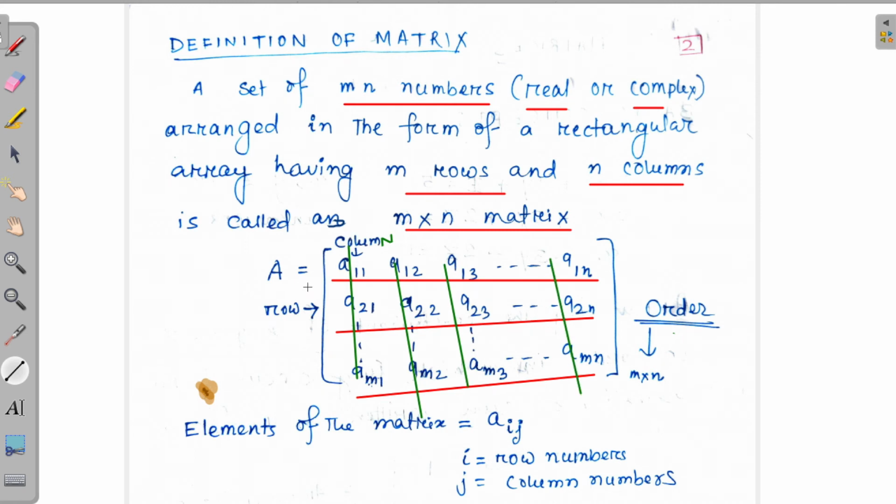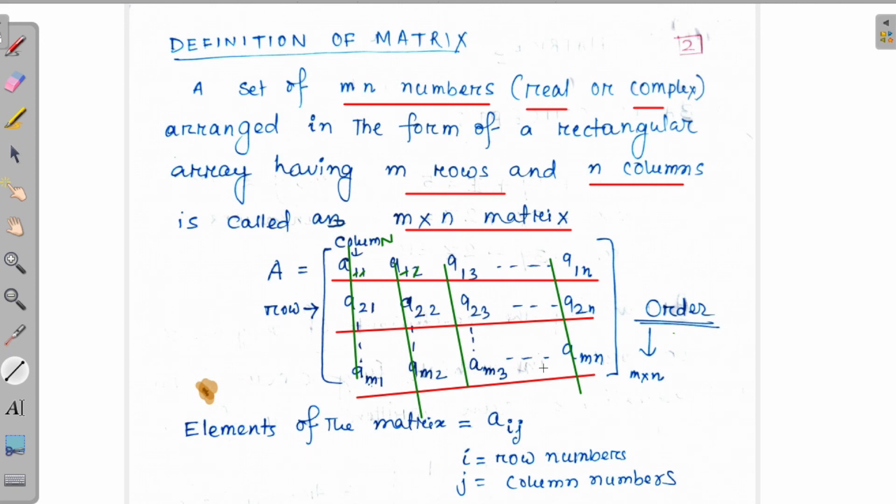Okay, so if we consider the first element of this matrix, A11, this 1 represents the first row, and this 1 represents the first column of the matrix. Similarly, if we consider the second element, A12, this 1 represents the first row, and this 2 represents the second column of this matrix. Similarly, all other elements are represented like this,